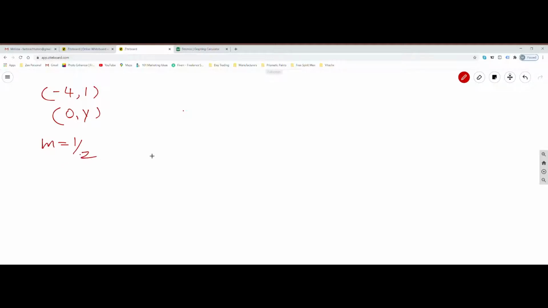So slope is equal to y2 minus y1 over x2 minus x1. So let's consider this as x1 and y1. So 1 over 2 equals,